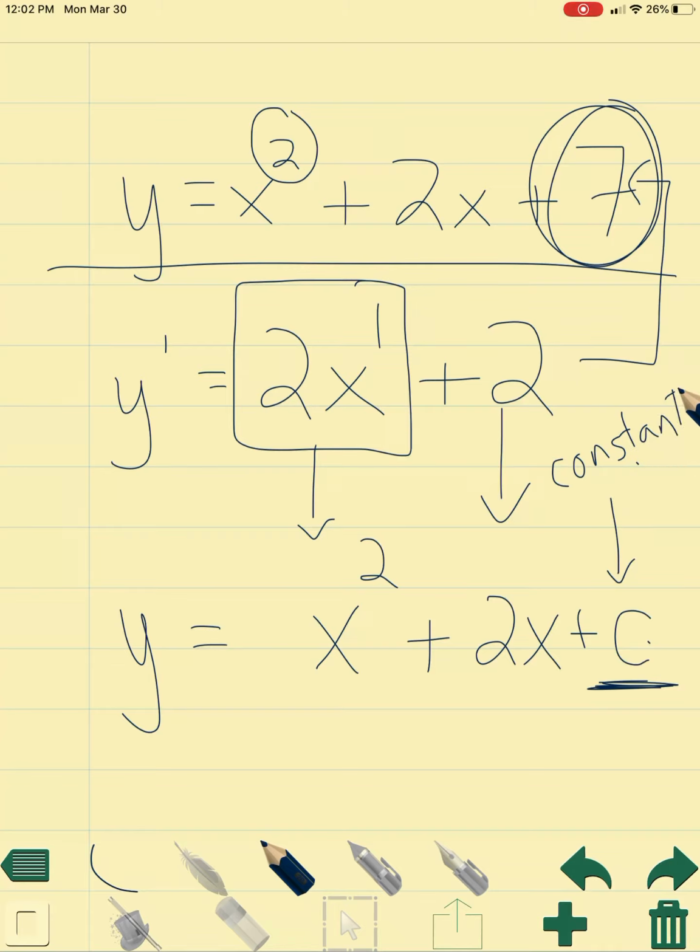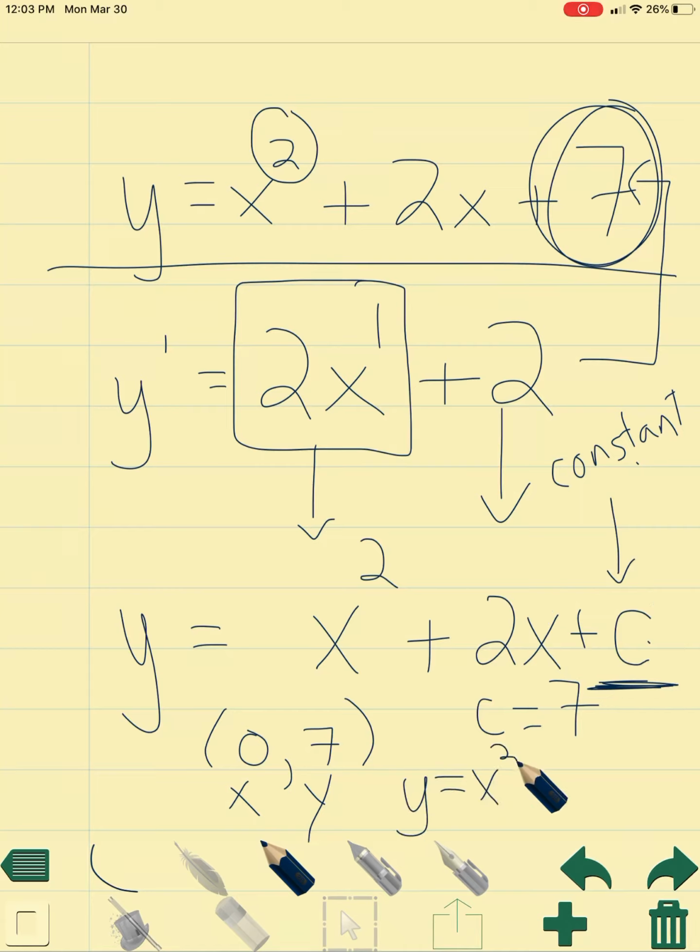Since this c is just a constant, we don't really know what it is, but if you look at the notes, they actually give us a specific point. The notes give us the point (0, 7). So if you plug in 0 for your x's and 7 for your y values, you can easily see that these two would cancel. This y would be a 7, so in this case c would equal 7, which also makes sense because this is the y-intercept. So we would get y is equal to x squared plus 2x